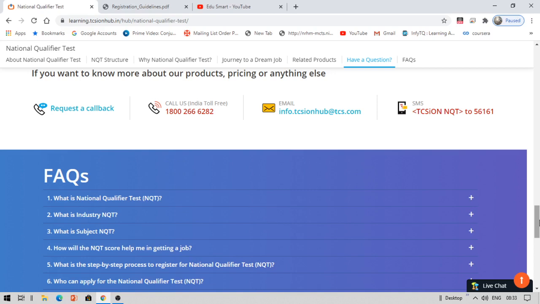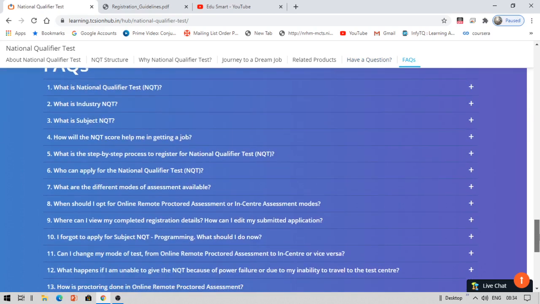You can apply as many times as you want. Now when you are taking this exam, if you're facing any difficulties like power off or internet connectivity loss, if it is reasonable, it will allow you another 30 minutes when you are online. If you face such difficulties when you are in center, you have to take the exam again in the next quarter itself. No chance will be provided at some other time. But if it is a genuine case in the online exam, when you are taking the online exam at your home, then you will be provided 30 minutes. So that is about this.